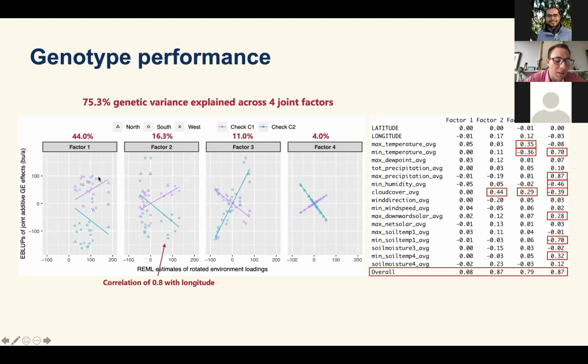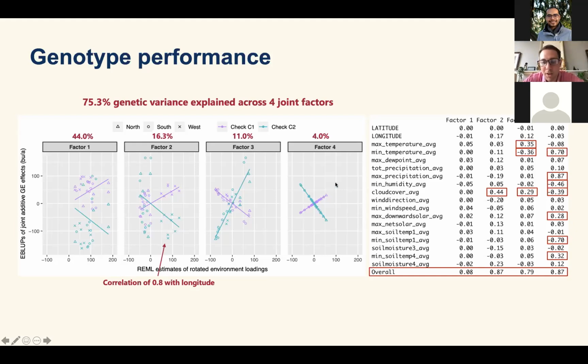The first factor, like I said, captured the most variation. The regression lines never intersect, so they actually correspond to scale G/E. And then the subsequent factors, they intersect. So they're those crossover G/Es that I was mentioning before. And so I guess that's a bit of the main points that's going on there.